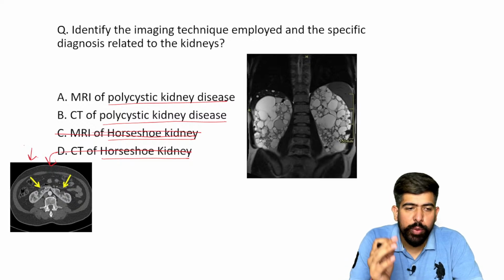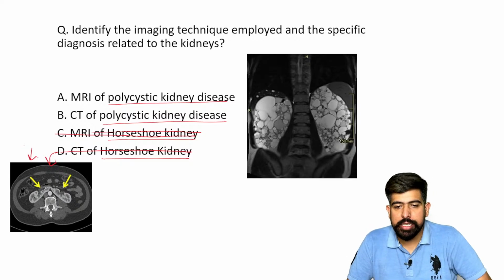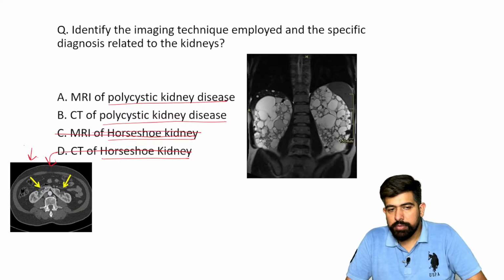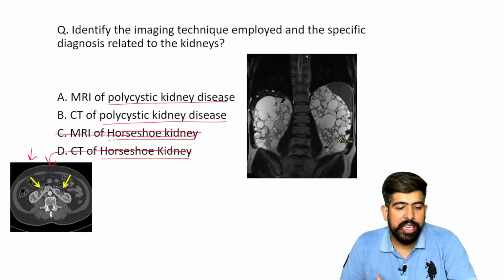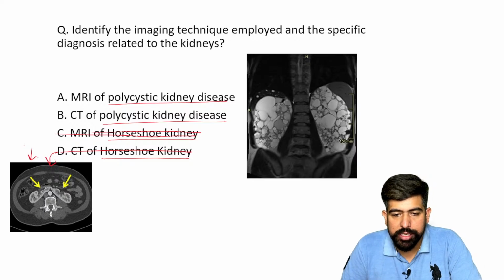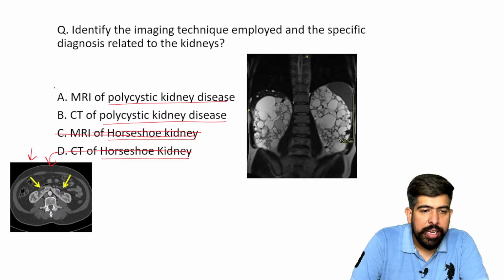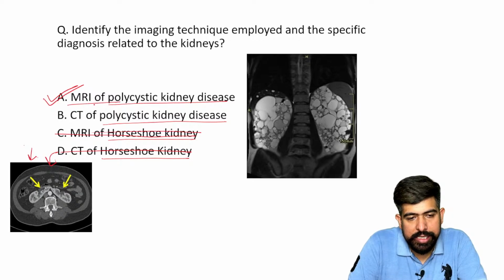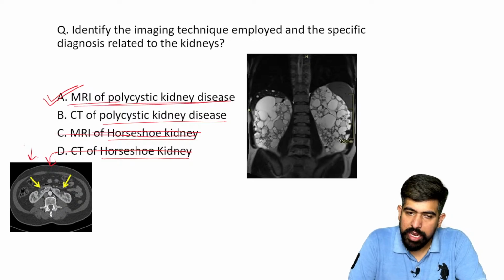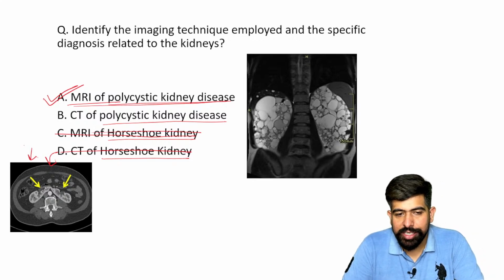But how did you rule it out, guys? Is it the CT of this person with polycystic kidney disease, or is it the MRI of it? Just try to tell me first how you identified this and what the answer should be. Yes, very good doctors. You answered very well that this is the MRI of polycystic kidney disease. I agree with you. But my question to you is how you can identify whether this is MRI or CT. Please understand this.